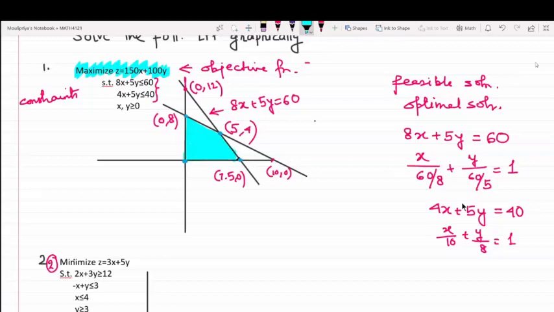I have this advantage of highlighting, that's why I'm doing so. What you can simply do is strike out and signify the corresponding region. This can be done from your end. You can put lines to make me understand, or whoever will be evaluating, just simply highlight in any manner you can, so that we are able to understand that you have a clear understanding of the corresponding feasible region.